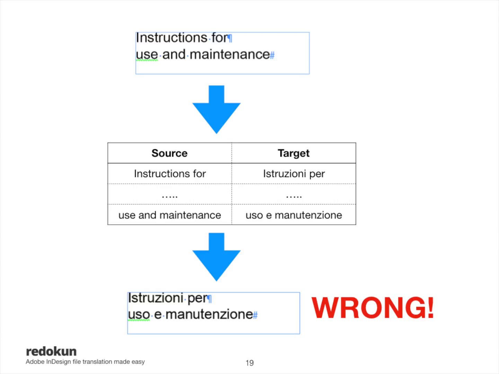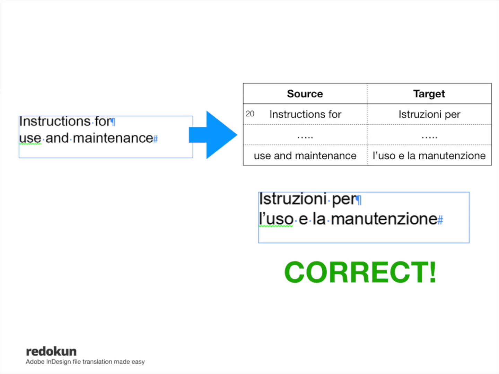If we translate this text into Italian, for example, as two separate segments, the translation would be something like this. And to a native speaker like myself, the translation sounds quite weird. I would translate it differently. The perfect translation would be this one that you see here. And as you can tell, it's pretty different because the other one didn't have any article. This one has the articles. Yeah, maybe it's hard for those of you that don't speak Italian. But